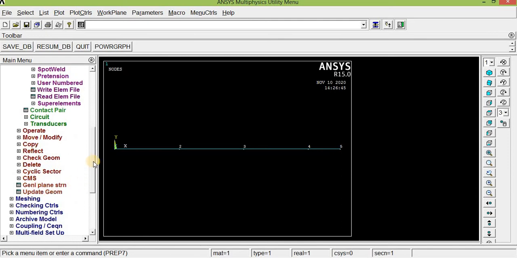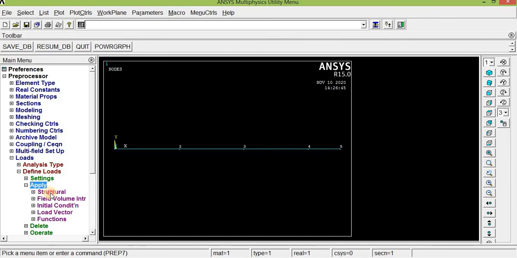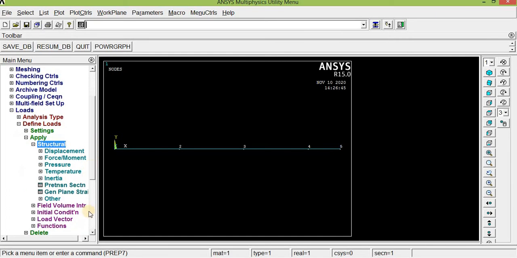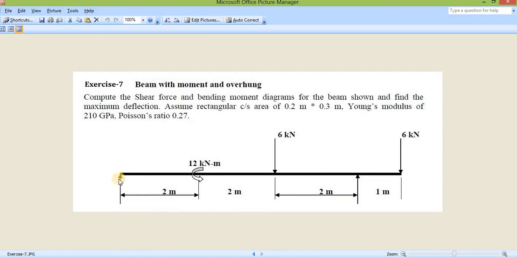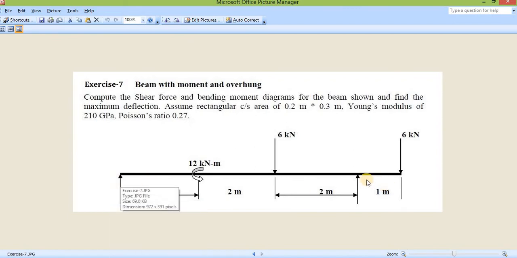So just go to load. Check whether the analysis is in static analysis. Analysis type, new analysis, static. It is in static. Next, define load. Apply. Structural load we are going to give. So according to the problem, node 1 and node 4 are fixed along y-axis.